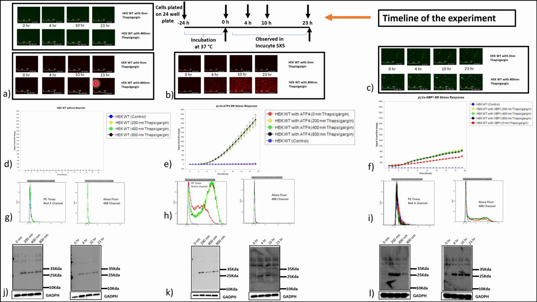So in case of ER stress, cells do not have any signals, and it is confirmed by this InCyte fluorescence measurement and the fluorescence measurement with the help of flow cytometer. And in order to confirm that ER stress is there, we measure the CHOP proteins, the signature proteins that are produced during ER stress, and we found that ER stress is there, but the signal is not available in the normal wild type cells in the absence of reporter.